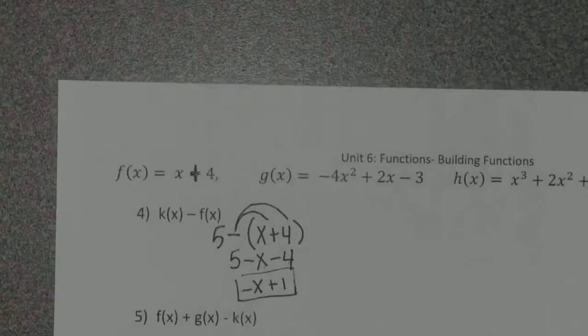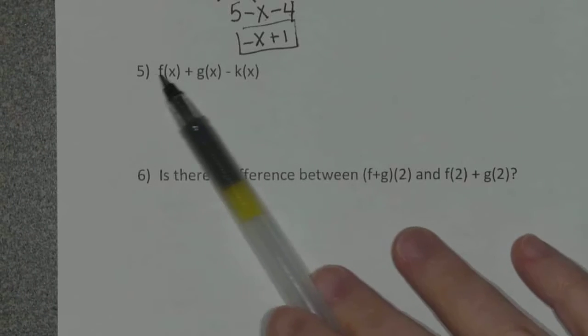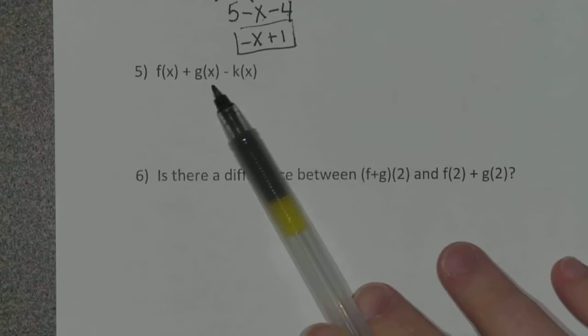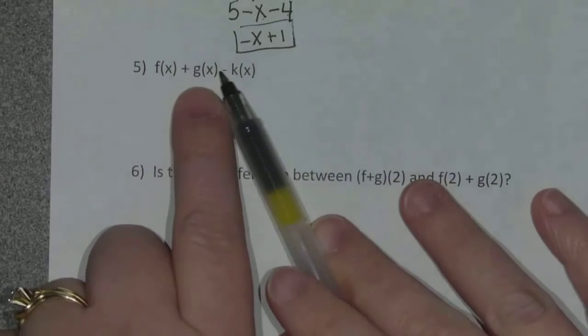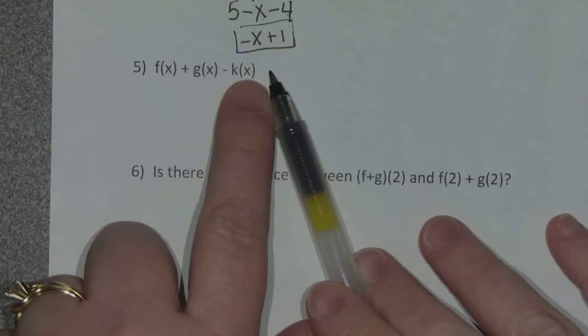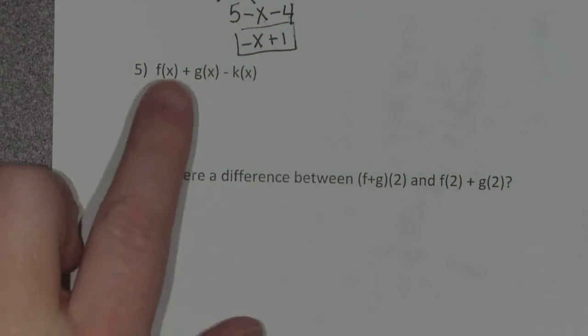All right, number 5 then. The only thing that's different with number 5 is I ask you to do more than just 2 things to it, right? There's 3 functions here. So when you do this, you're going to combine the first 2 together and then find that answer and subtract off k. I mean, you could write it all out as one big long function if you wanted to,